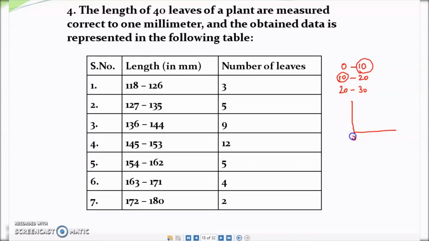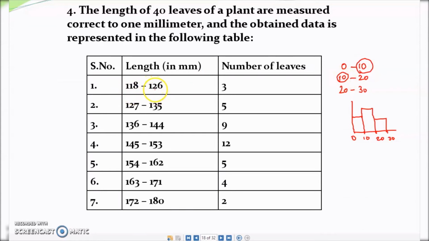Like this is 0, this is 10, this is 20, 30 and so on. Suppose for 0 to 10, I have some frequency like this, and for 10 to 20 I have another frequency, so it will be attached rectangles coming in. So this is the way a histogram has to look like. Now when will this be joined? When the class intervals are continuous. So whatever is the ending point here, that should be the beginning point for the next interval. But here that is not the case.